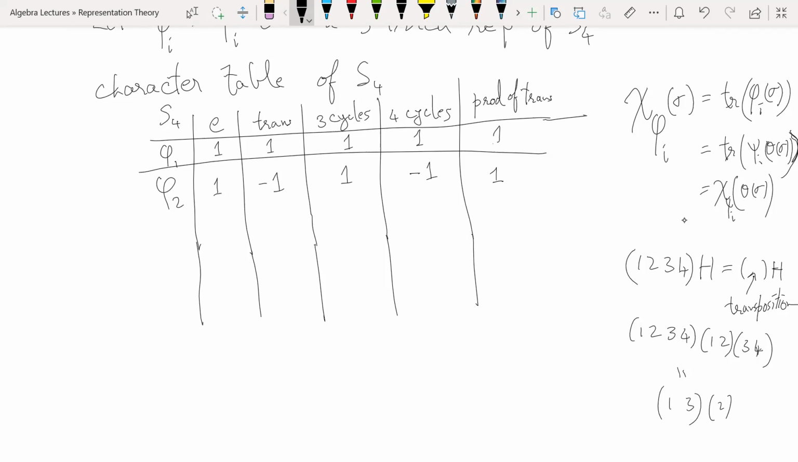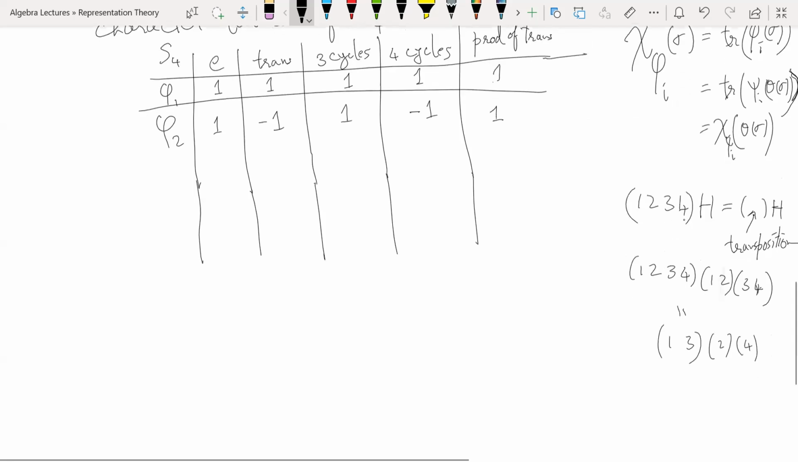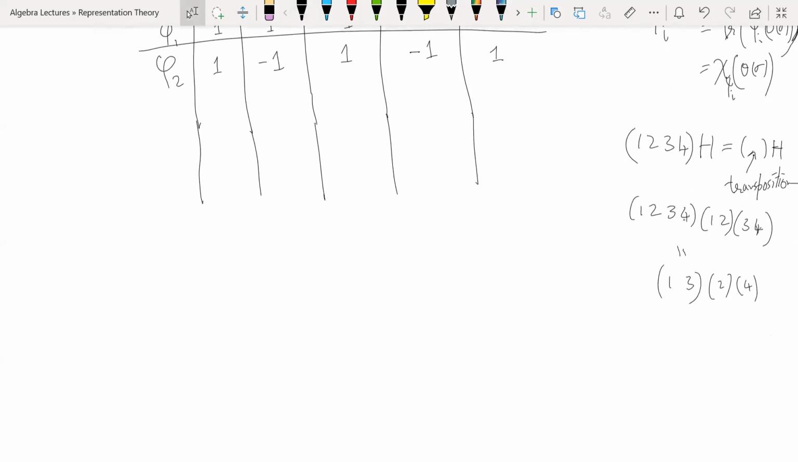Where does 3 go? 3 has to go to 1, I suppose. 3 goes to 4 and 4 goes to 1. So 3 goes to 1. So this was a right comment. And then 4 goes to 3 and then 3 goes to 4 back. So this is the transposition (1 3). So this computation implies that